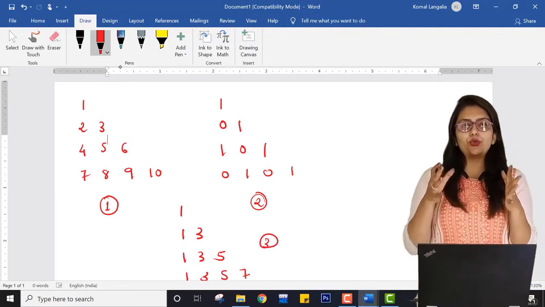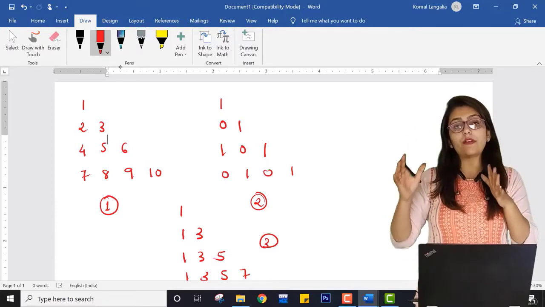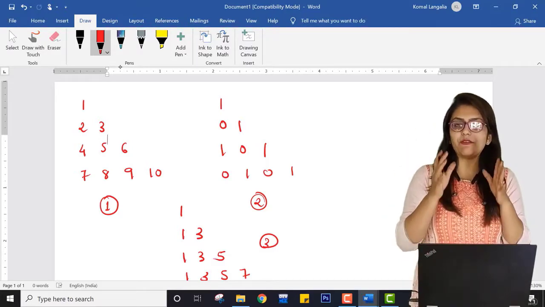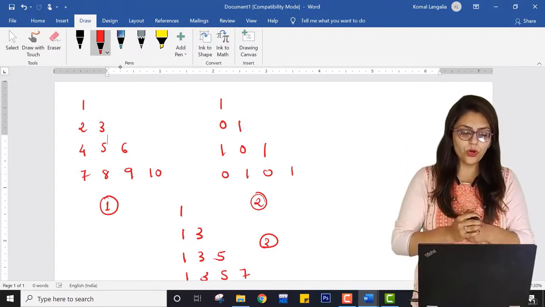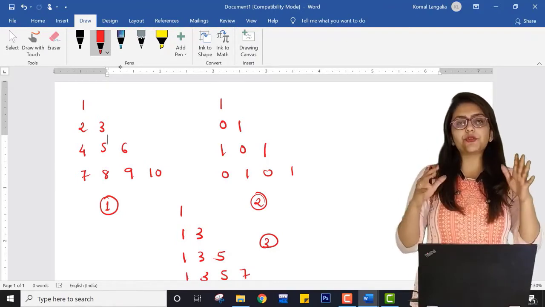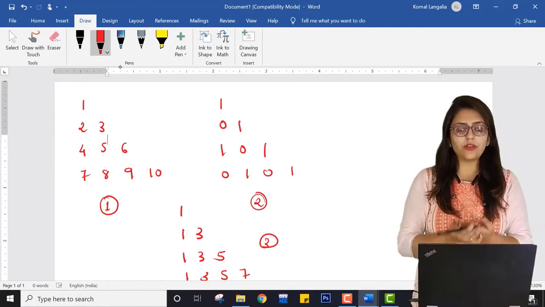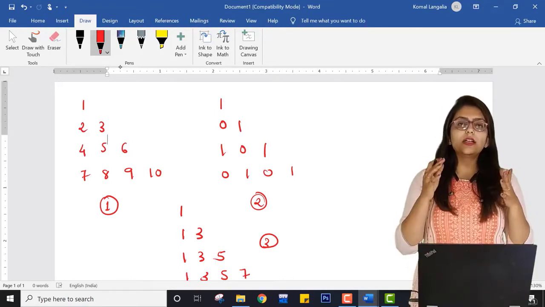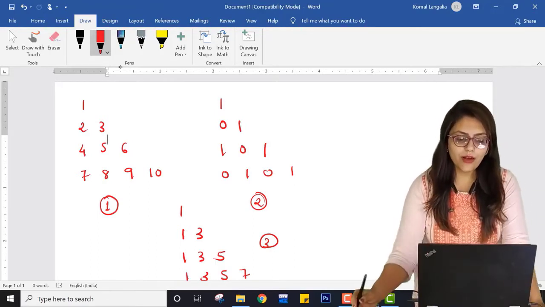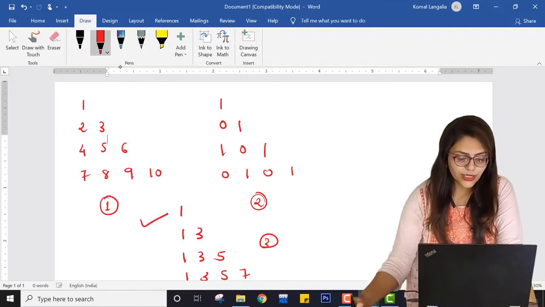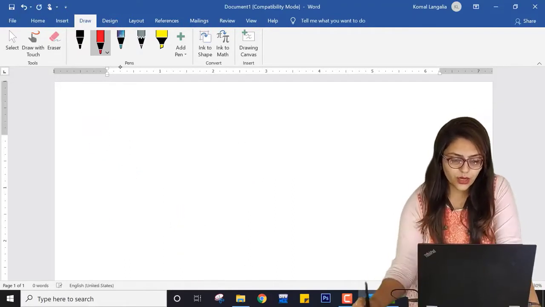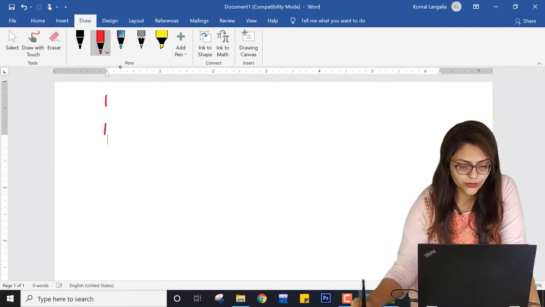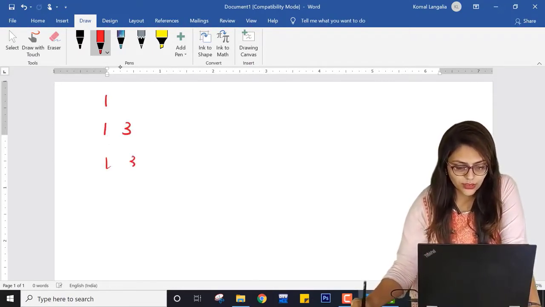So if you want to practice by yourself, and if you have understood the concept of pattern very well from part 1 of this video, you can just pause this video and try to implement this pattern by yourself. If you are unable to trace the pattern, then you can come to this video and see the solution. So now I will start with this third pattern, right? So let me erase the others. I want to print 1, 3, 1, 3, 5 and 1, 3, 5, 7.